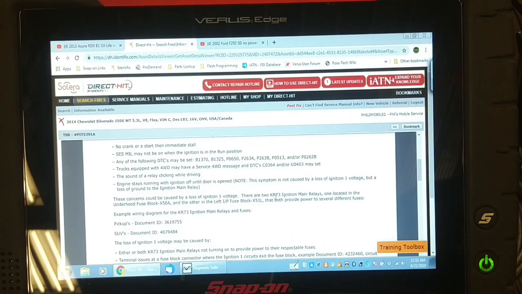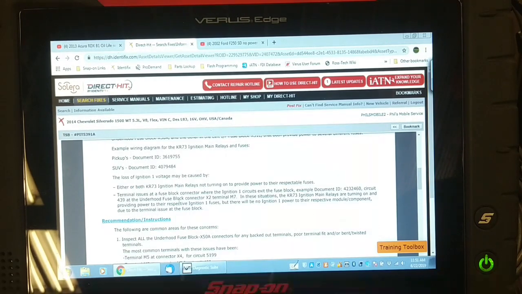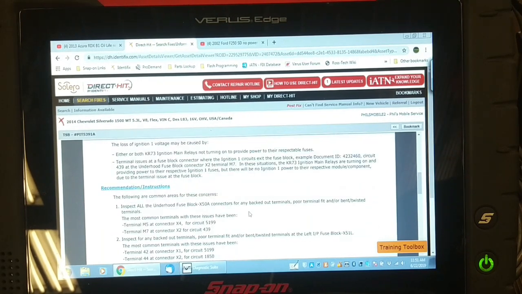There are 2 KR73 relays, one located in the under hood fuse block and the other in the left IP fuse block, that both provide power to several different circuits. So either of those relays could be causing the issue. Terminal issues at the fuse block, which I've looked at. I might take another closer look at these specific terminals mentioned here,